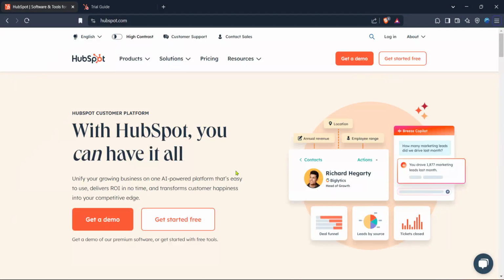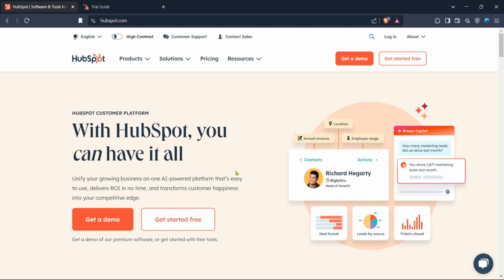In today's video, I'm going to teach you how to export email performance data from HubSpot. If you manage your email campaigns through HubSpot, being able to export data on your email performance is essential for analyzing how your campaigns are doing. It helps you make informed decisions and refine your marketing strategies for even better results. So let's walk through the steps to get those critical insights out of HubSpot and into your hands.